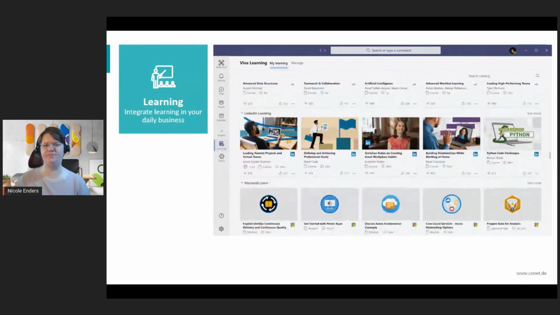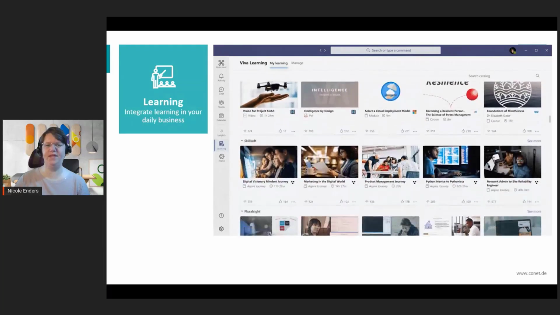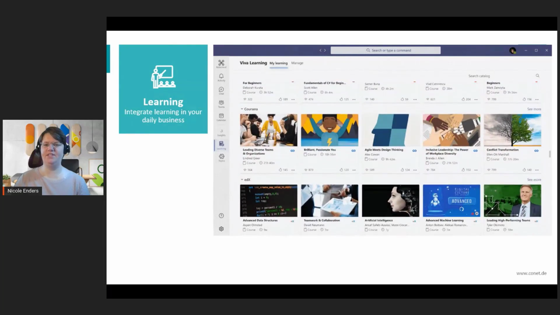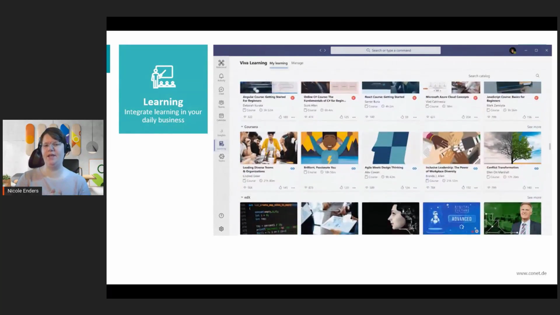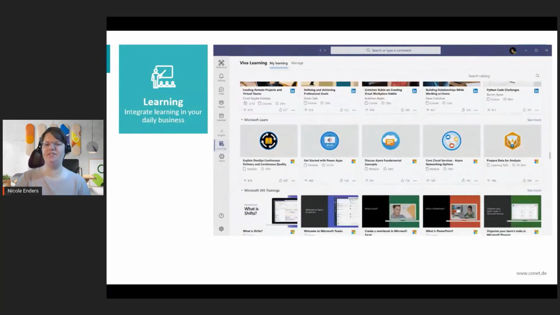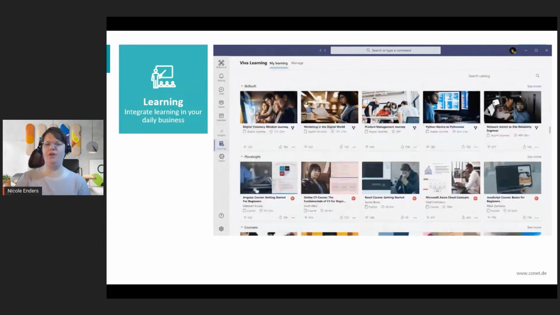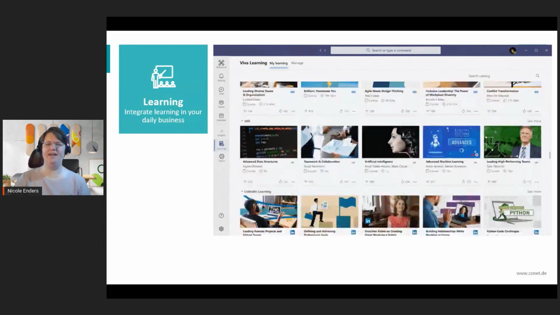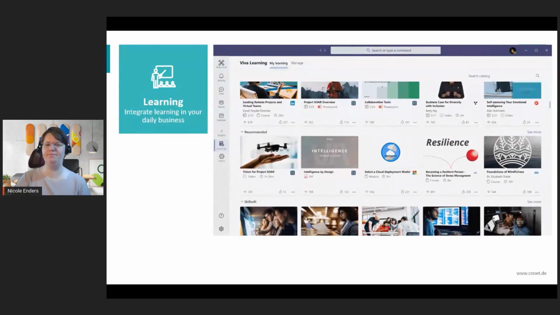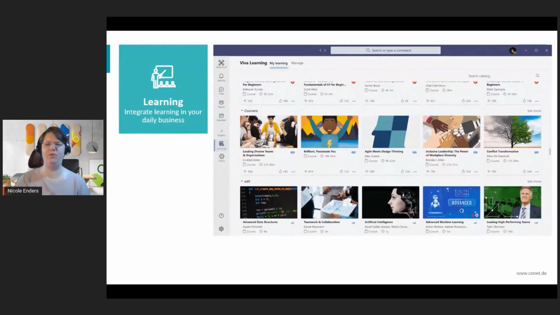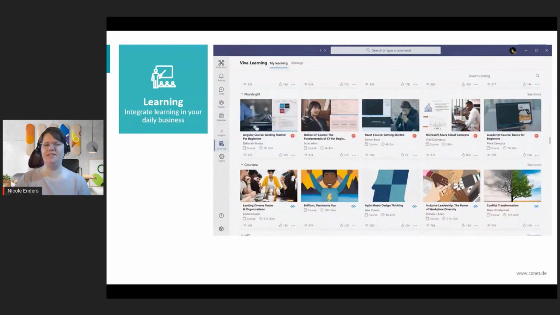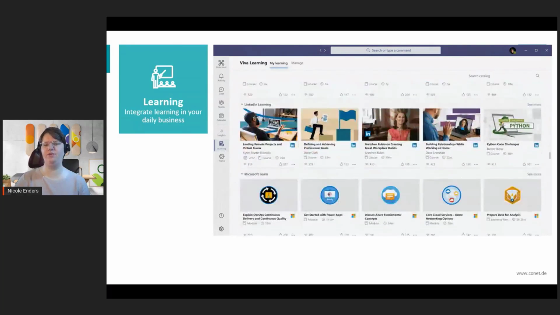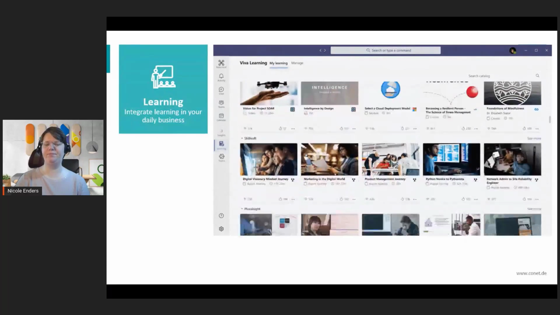And you see here, My Learning, and you see Manage. So we have two different parts, I would say. One part is focused on me, so it's My Learning. I may have a learning plan, or maybe I don't have one at the moment. What I always will have is a list of all the learning material which is available for me.